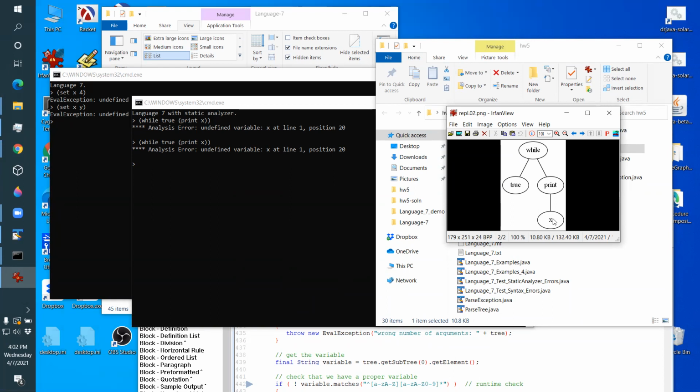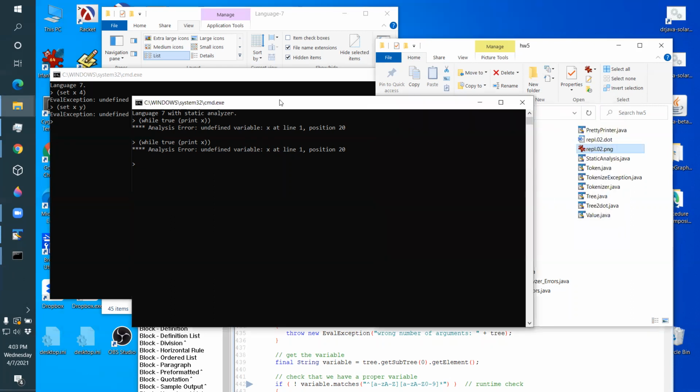So the analyzer is not going to loop on this while loop. That's not the analyzer's job. It'll just check this branch to make sure it looks okay, check that branch to make sure it looks okay. When it gets here, it'll say, oh, something's wrong. There's an X that doesn't belong there, and it'll complain. But it won't try to execute the while loop. The analyzer will not do function calls. It will not do Boolean expressions like if. Another example is